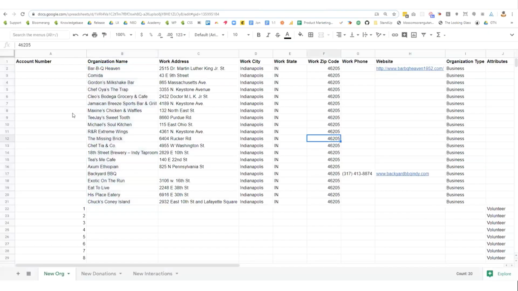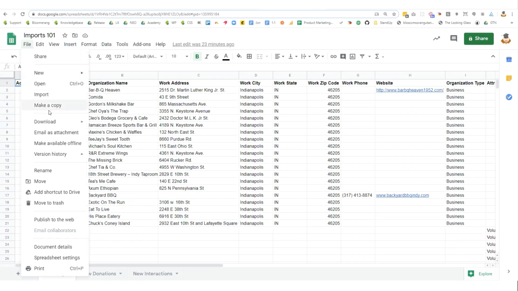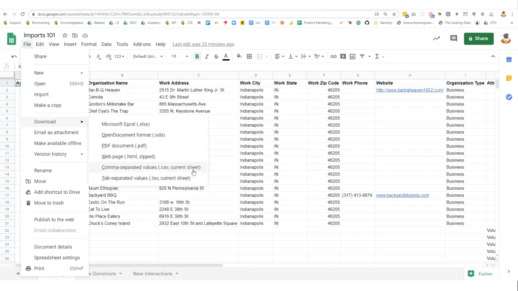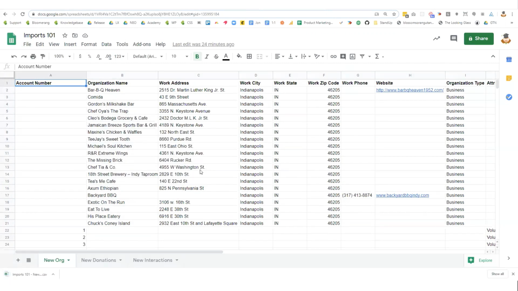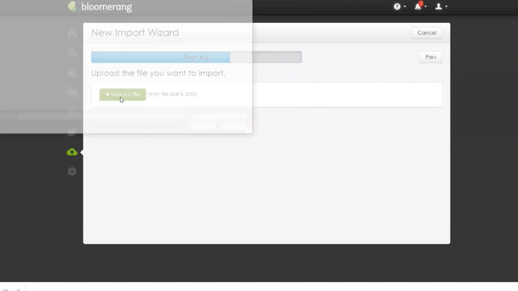So right now I'm using Google Sheets. And what we need in terms of the file type is CSV, or comma separated values. This is available even if you're using Excel or Numbers. You should be able to export your file as a CSV file. So I'm going to go to File, download that as a CSV file, comma separated values. And then I'm going to go back to Bloomerang, select my file,